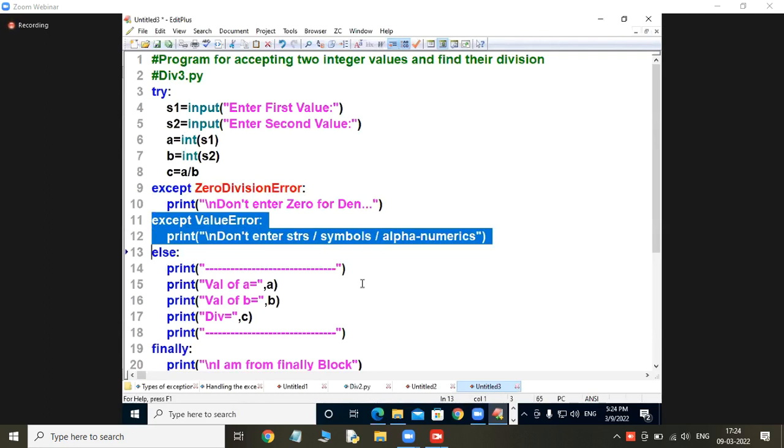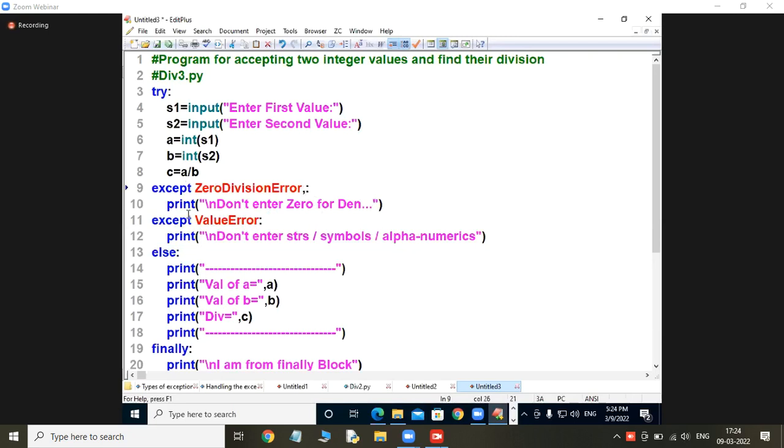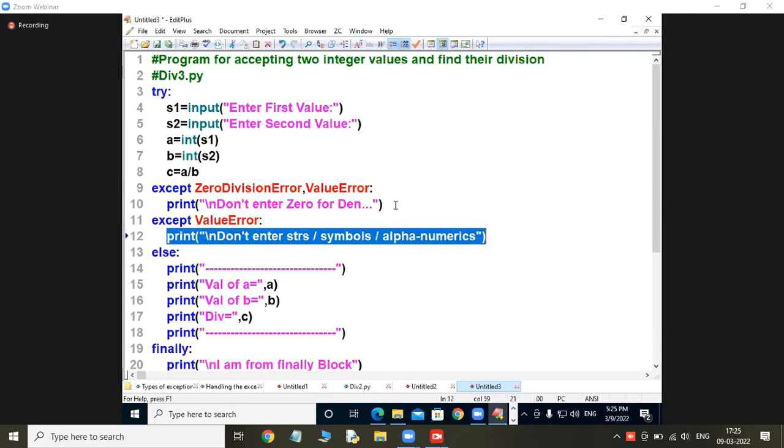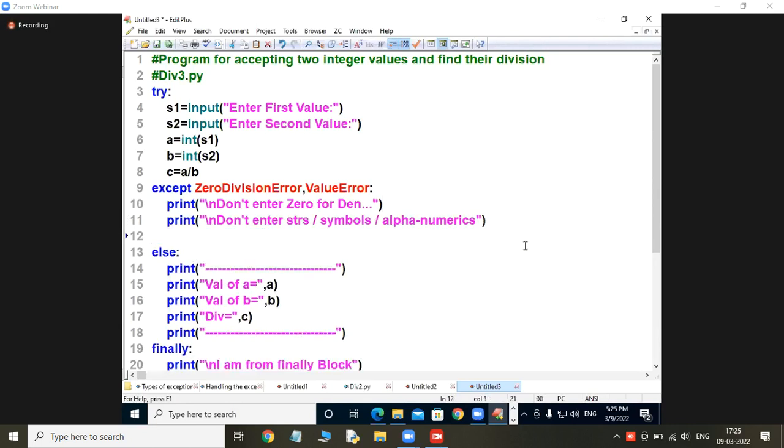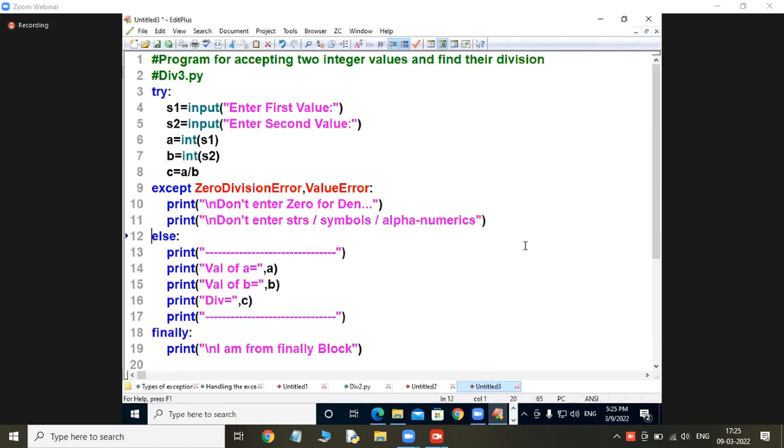Only comma, ValueError. Two exceptions, and I will write this statement inside only once. So at least some lines of coding are reduced.